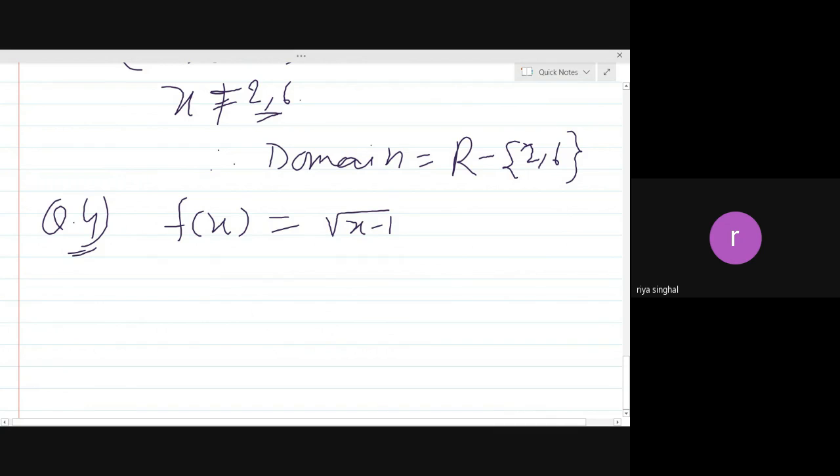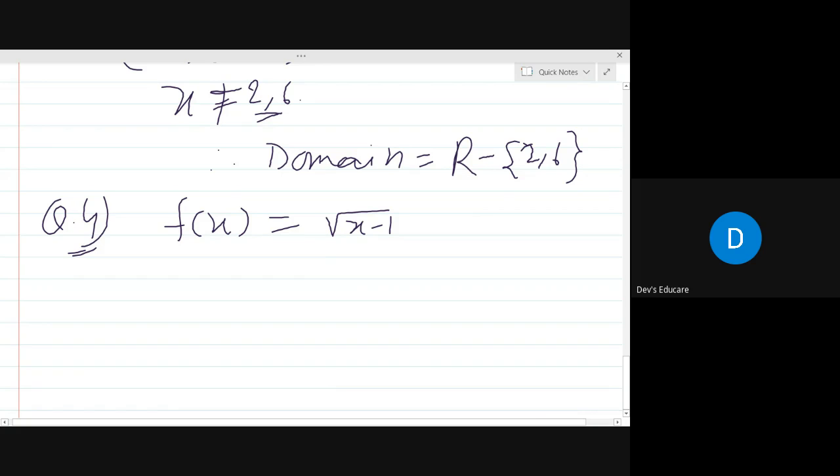So I'm not aware of it. We cannot have negative numbers under the square root. Is it? Okay. So to find the domain or range, we first see all the disapproval points, meaning all those points where we cannot take the value of x. Suppose there is a function in the denominator, then it cannot be equal to 0.